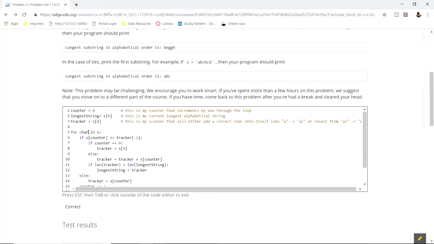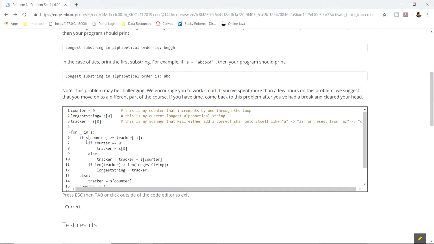One of the interesting things is I could have substituted this char for an underscore, which just means I don't use this variable in this for loop. I'm just using it as a way for it to keep looping through the length of what I want. In this case, that's the string right here. This is a common notation that programmers use when they don't actually use this element right here. They use this underscore. So for underscore in S,